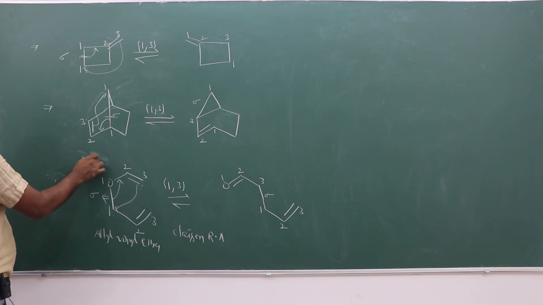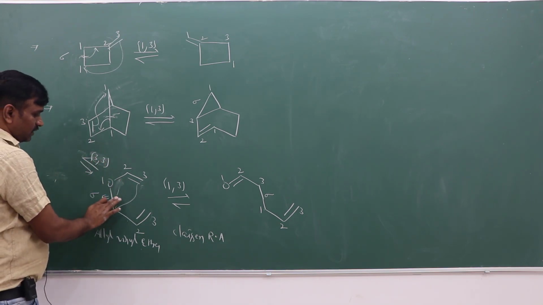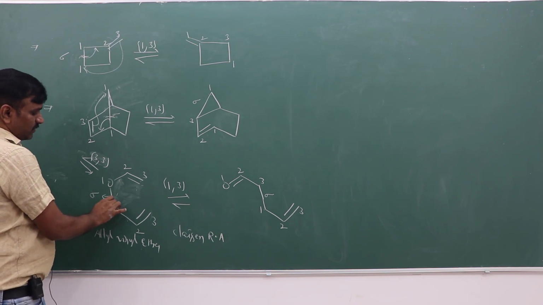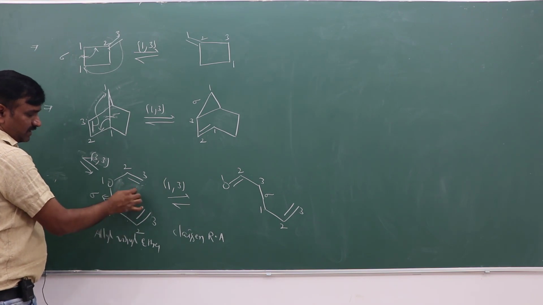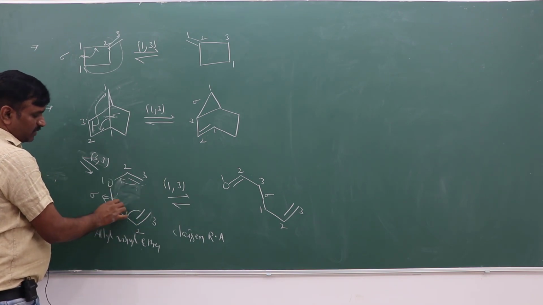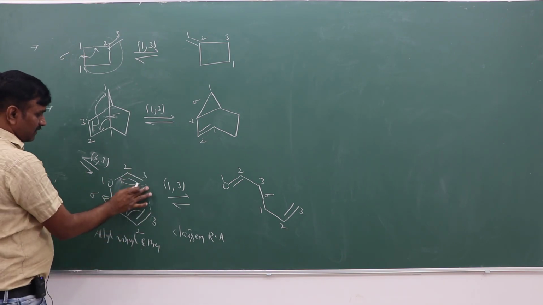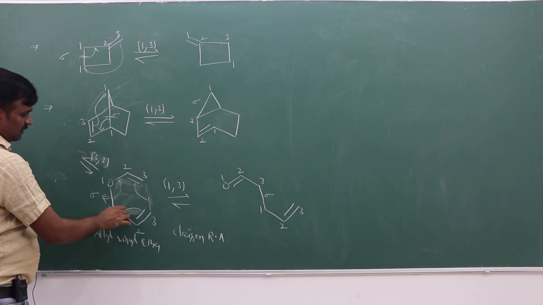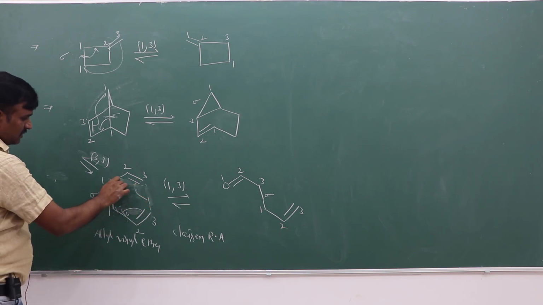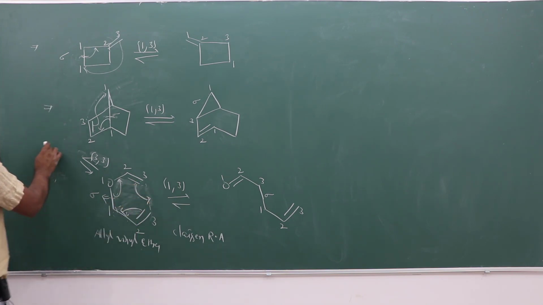3,3 shift. There is no 5th position, so 3,3 shift. If a 3,3 shift takes place, the sigma bond migrates from the 1,1 position to the 3,3 position through a cyclic transition state. 3,3 positions means this is going to be happening, and here the formation takes place, right? Or here, this is happening, right? So what will be happening here? The resulting product is like this: